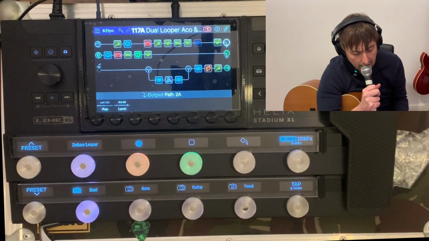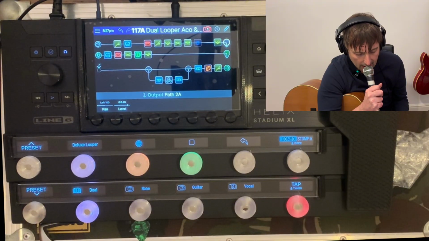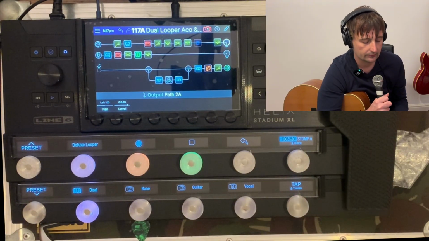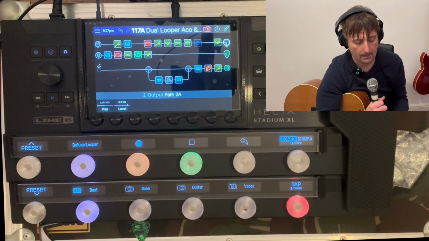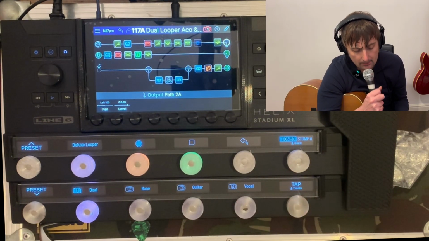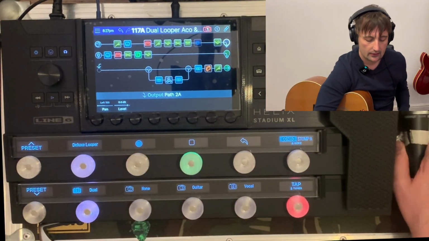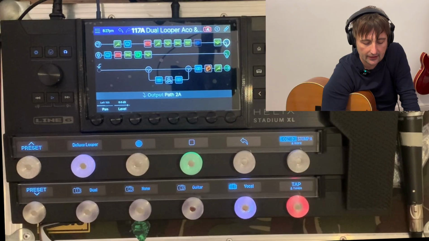Higher, higher, higher, higher. Higher, higher, higher, higher. Higher, higher, higher, higher. Higher, higher, higher, higher. Higher, higher, higher, higher. So that vocal's on one side of the looper,